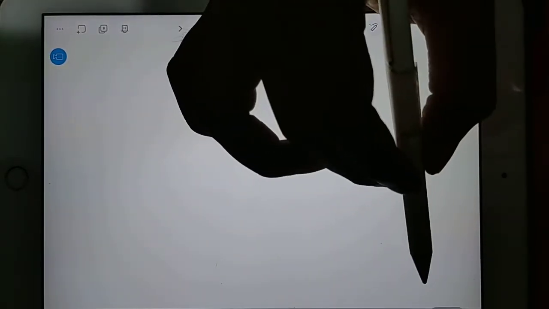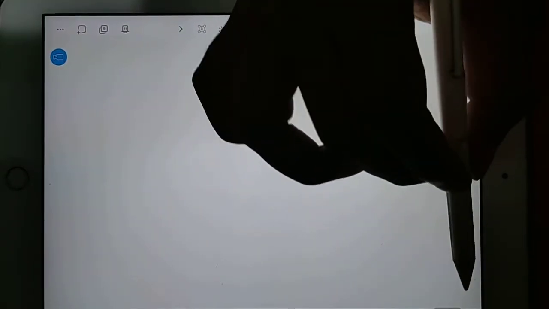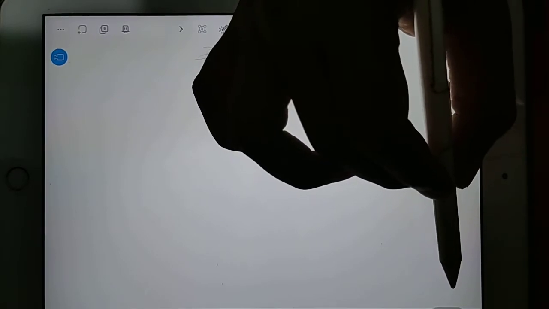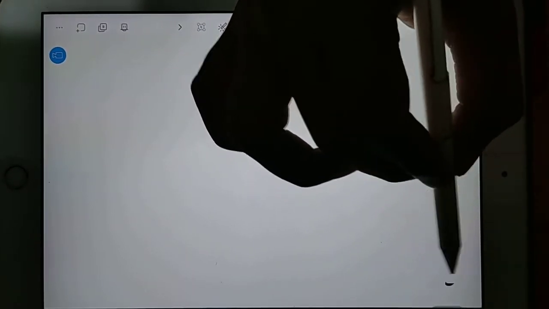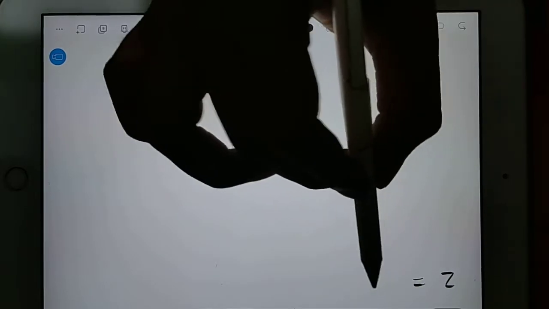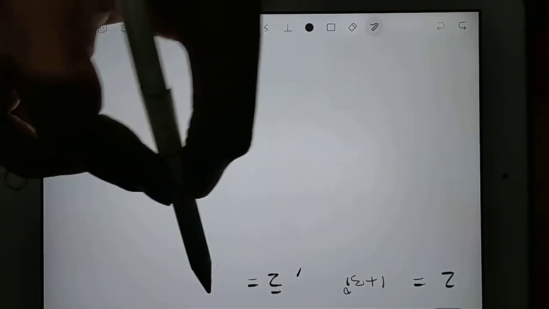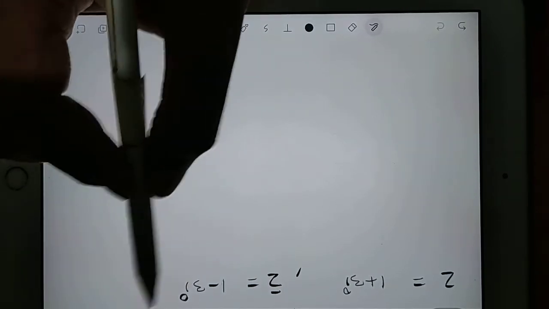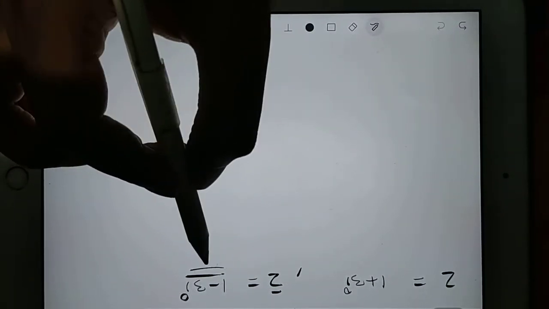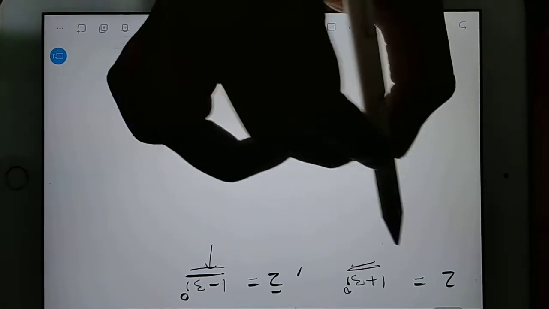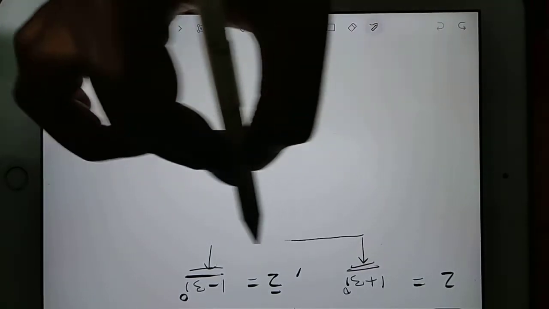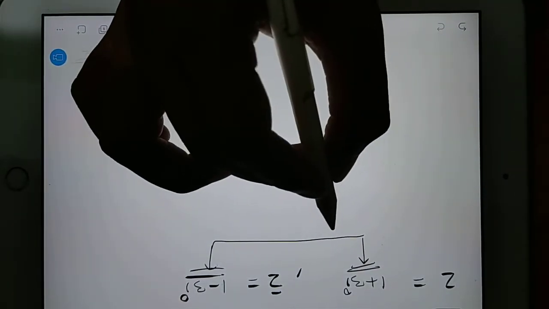Take some important points. One thing is conjugate. How do you do conjugate? If you have some complex number z as 1 plus 3i, then z bar will be 1 minus 3i. So this is the conjugate number of this, and this is the conjugate number of this. So they are a conjugate couple.